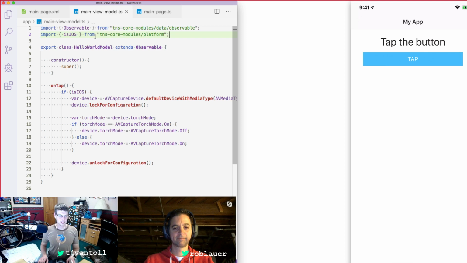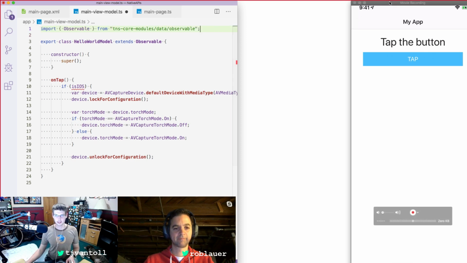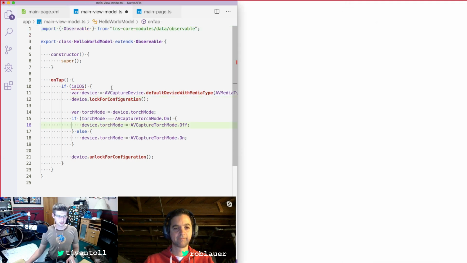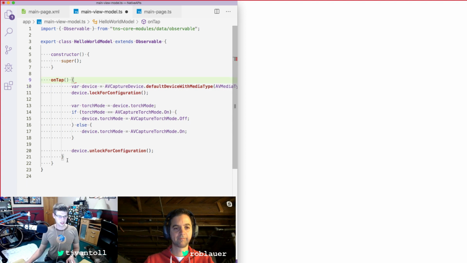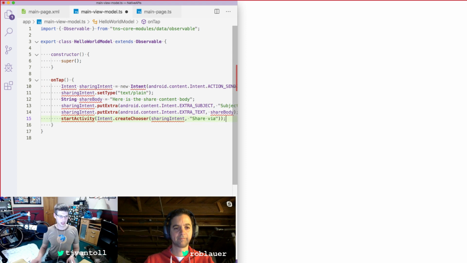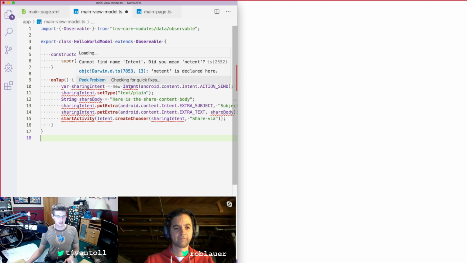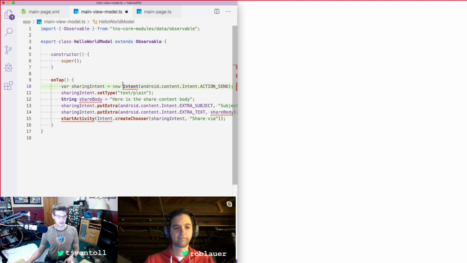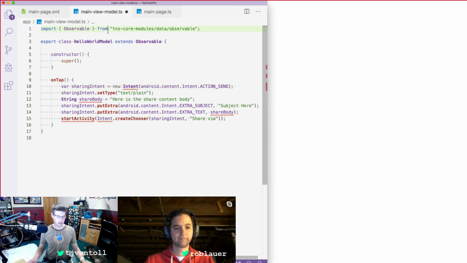So we'll just forget this. Let's get iOS out of the way. iOS is old news. And on tap, let's just see what happens. So you don't have to cite classes in JavaScript. This intent needs to be fully spelled out. So when in Java, you'd have something like